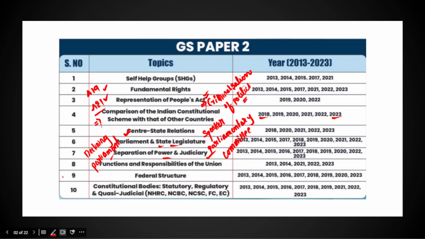So when we talk about judiciary, it is very important to look into judicial overreach and even judicial activism. Judicial activism is also another very important area from which questions could be asked. And even separation of powers is also very important. Separation of powers between executive, legislature and judiciary. And even devolution of powers, delegated legislation. So all these are important topics.